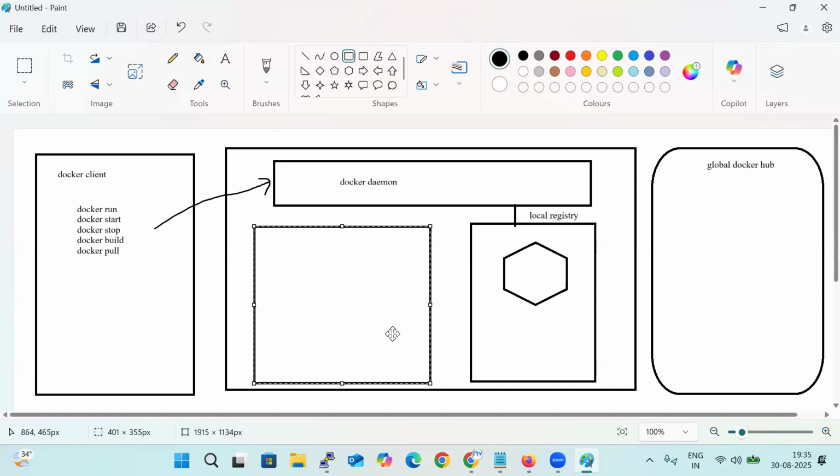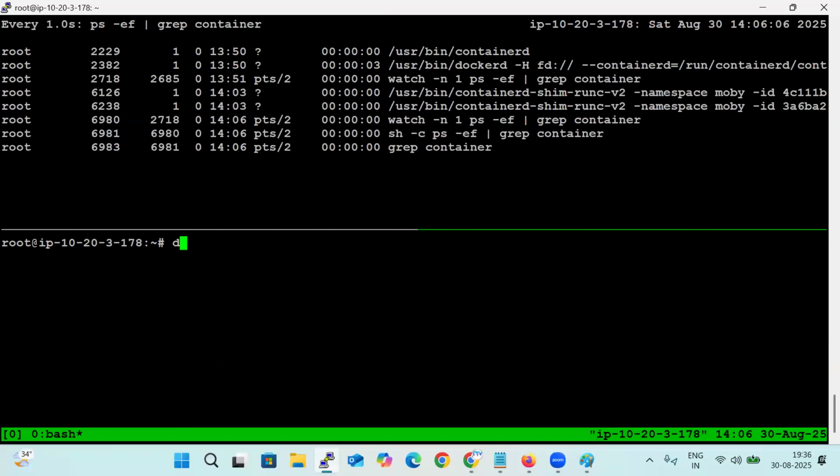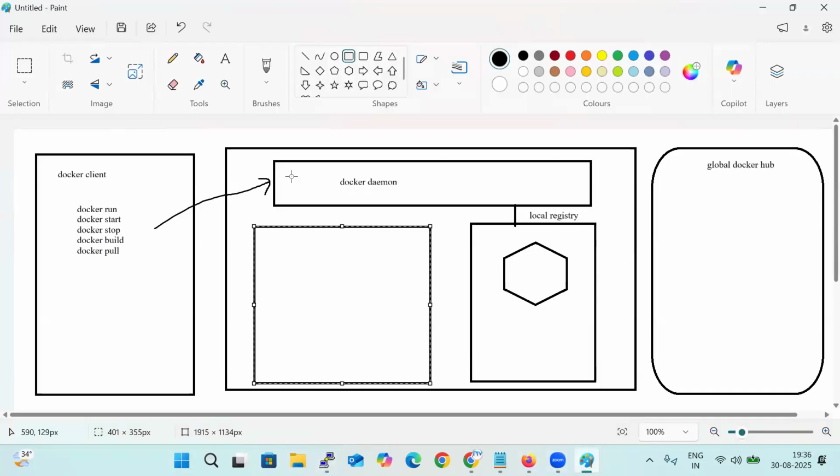So now if you see here, what is going to happen? Let me show you that. For example, I want to create a container: docker run -itd --name test-container with Ubuntu as an image. What is going to happen when I press enter? I am giving a command. With the help of the Docker client, I gave a command to the Docker daemon. In the backend, there will be a Docker daemon. So if I want to create the container,